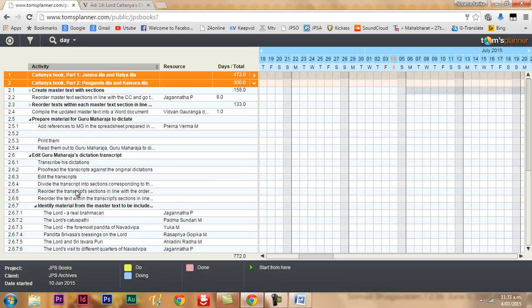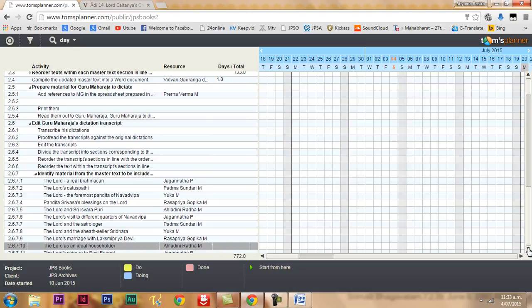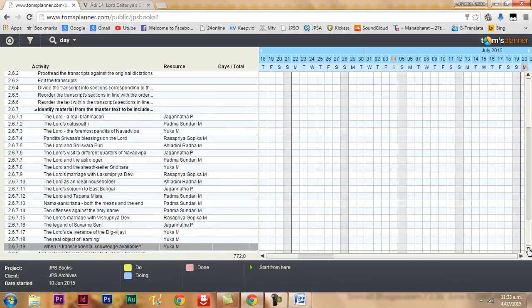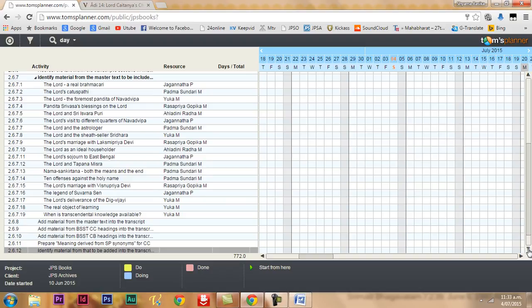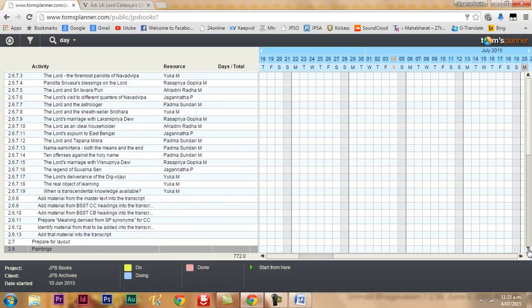We need to ensure that the material from the transcripts is comprehensive, and any further material from the master text that doesn't feature within Guru Maharaj's transcription has to be identified and added, and then we need to prepare the text for layout, and then afterwards show it to Guru Maharaj.